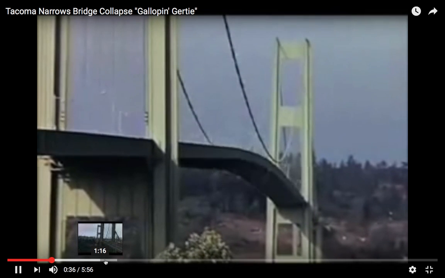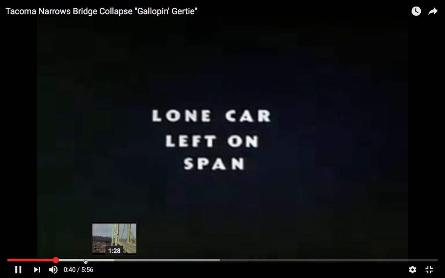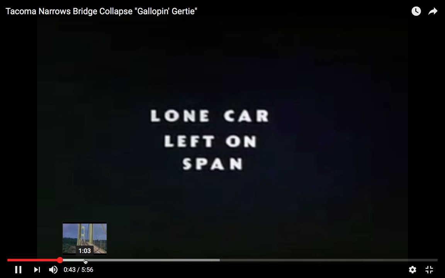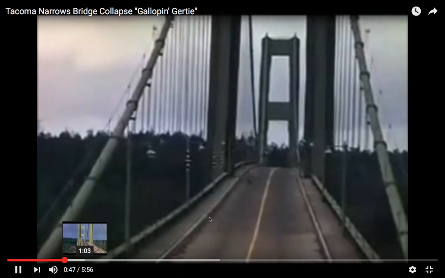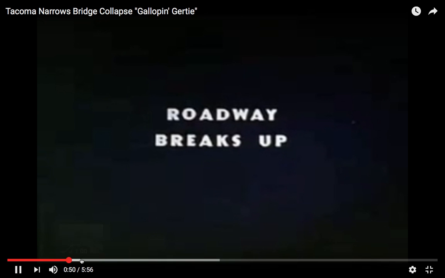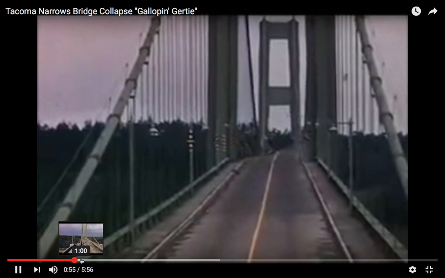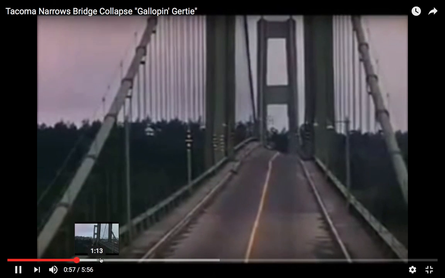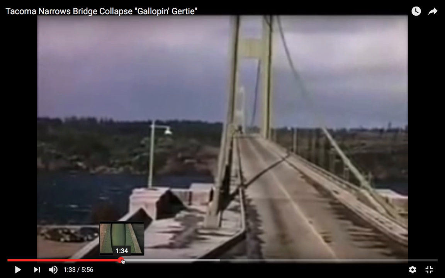Eventually, it got so bad that it collapsed. And here you can see the bridge from another angle. There's a person walking on the bridge right here. But then eventually the road on the bridge starts to break apart. The concrete starts to break. You can see little cracks growing in it there. But then eventually